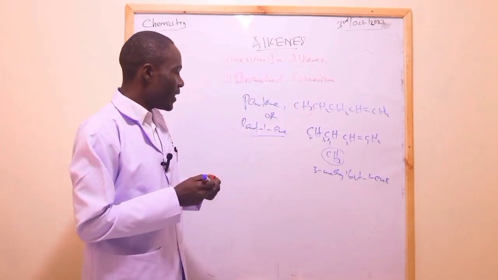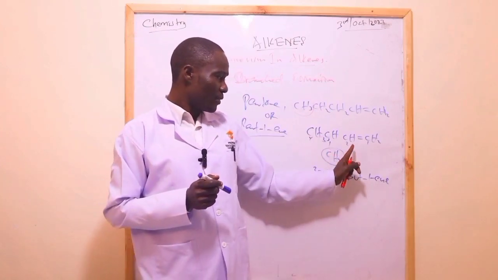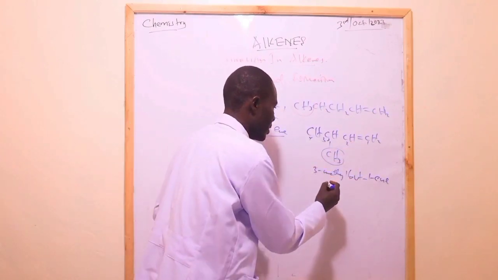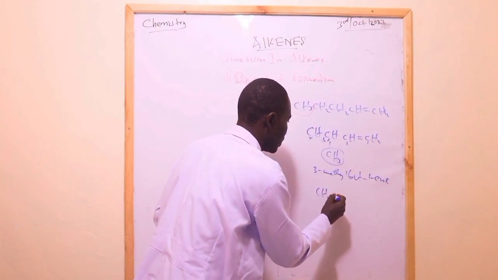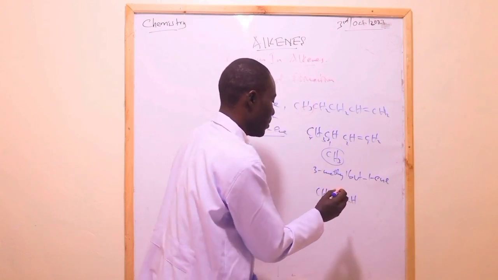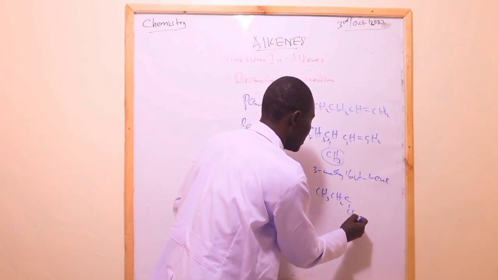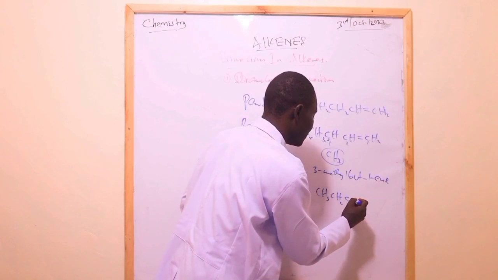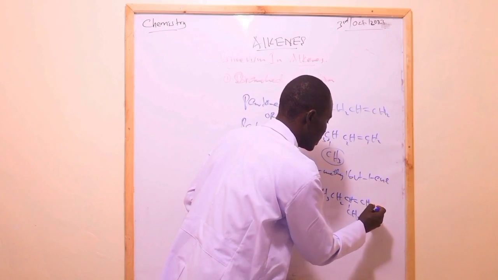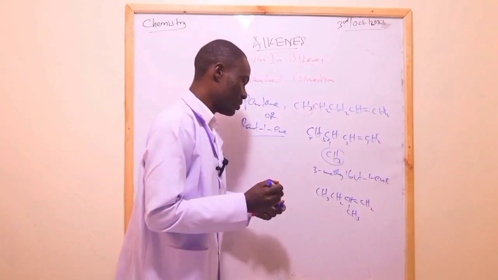Now, another possible way is when we attach this methyl group on this carbon number 2, so that we'll be having CH3, CH2, C, double bond there, then we have CH2. So how will the name be? Different. It will be now